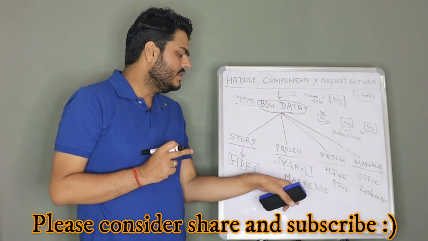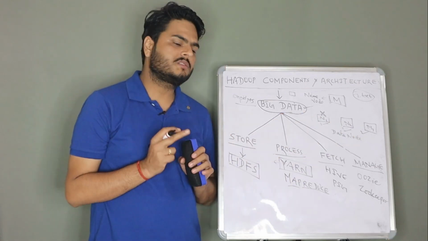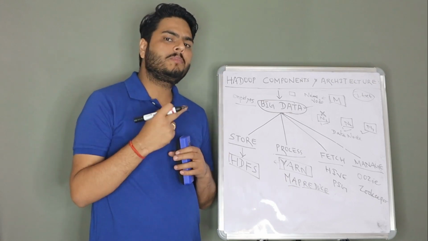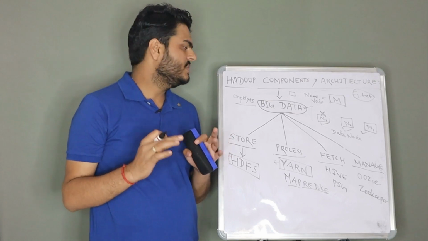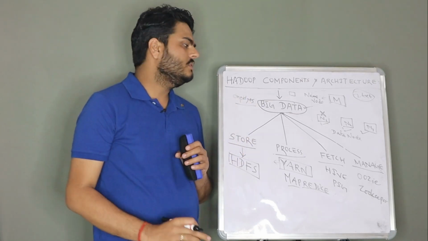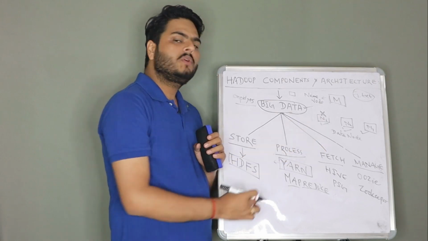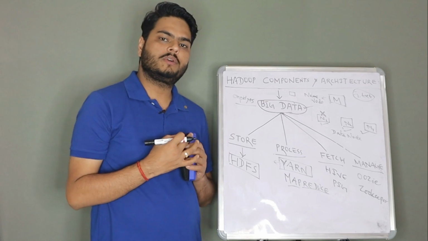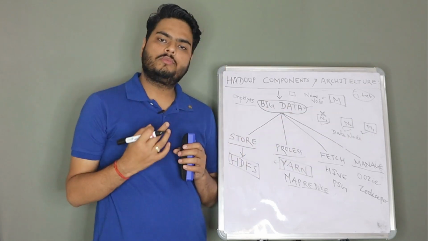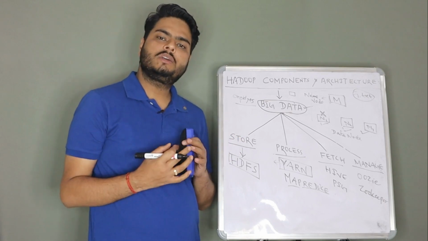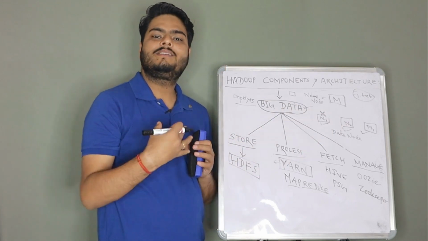So how map will work is, MapReduce has two parts. The job of the map is to apply the filters, apply the aggregation on the data. So what is the filter here? Employee ID greater than 45. Now imagine from this node 10 employees are greater than 45. From this node 8 employees are greater than 45. From this 2 are greater than 45. So the map job will apply filter and aggregation on each node and get the result.